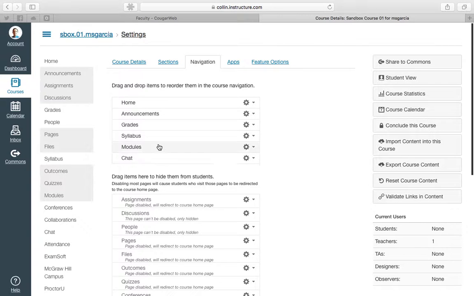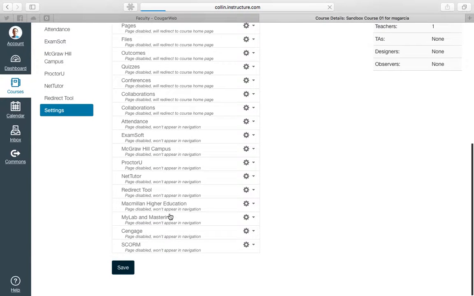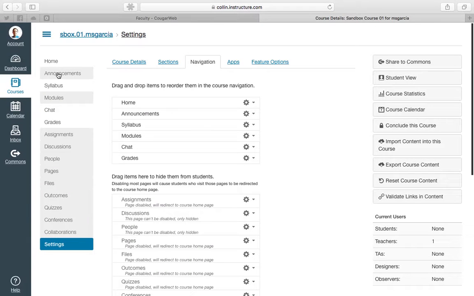Okay, so this is looking pretty good to me, and I'm going to reorder a couple of things. I want my announcements first, I want my syllabus second, I want my modules third, chat there, and then finally grades. And this of course is all after home. So I've reordered this navigation bar. And here's the really important part. If you don't save, it's not going to make these changes. I'm going to save it, and you'll notice that this navigation bar for me, the instructor, has already gotten shorter,